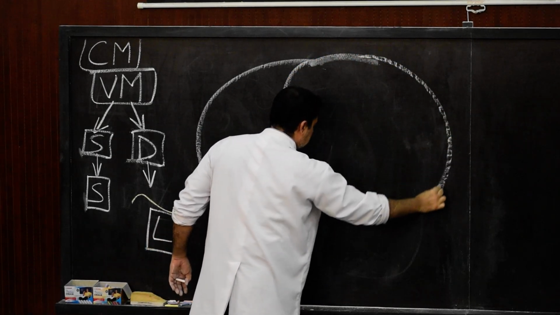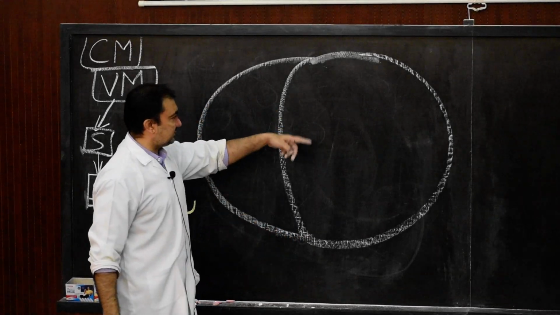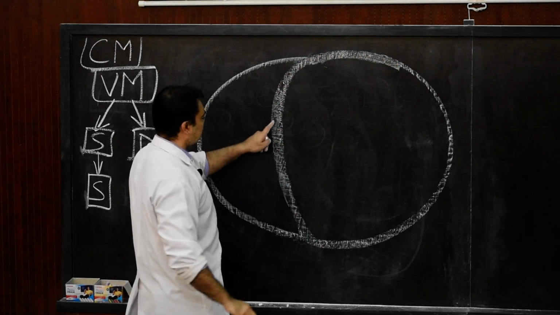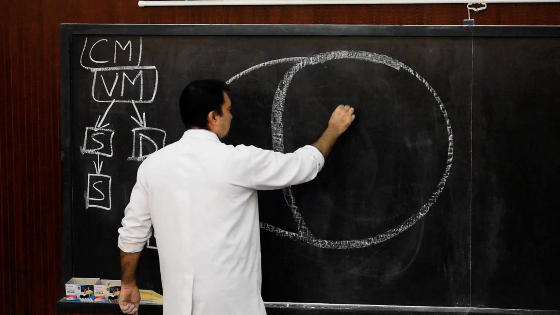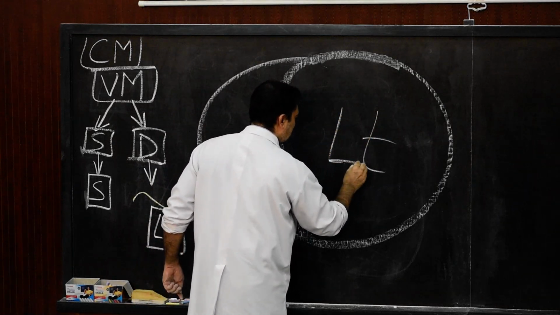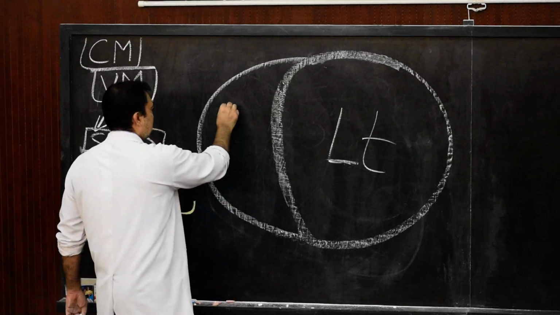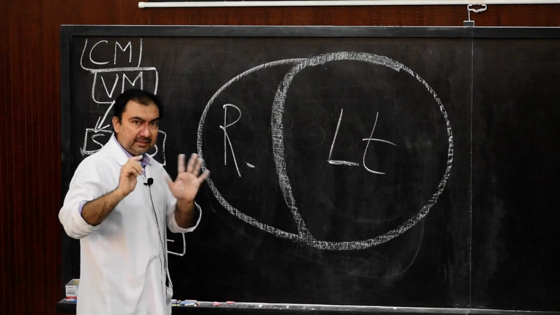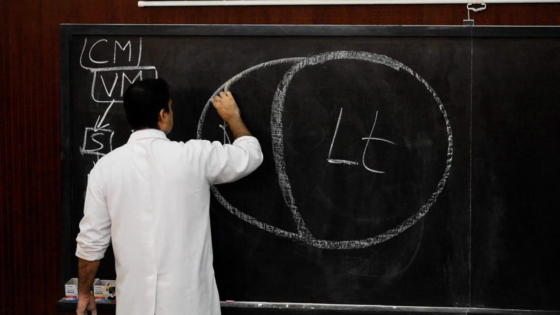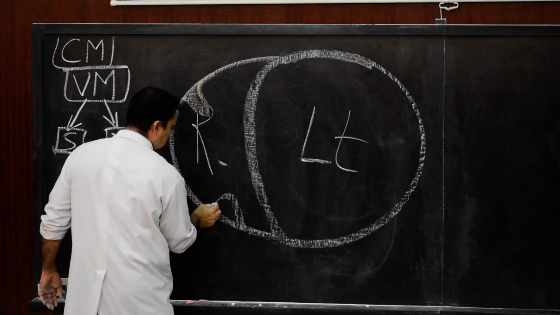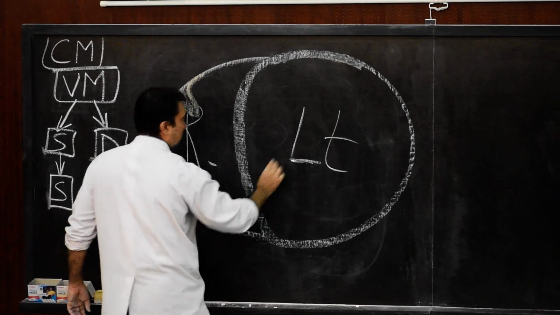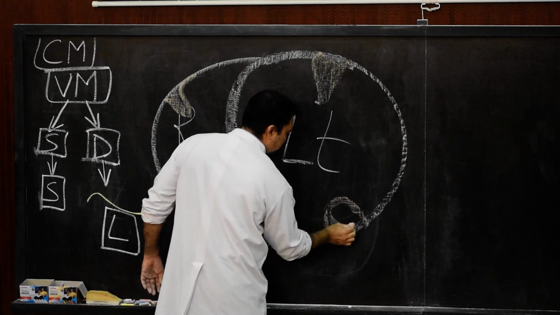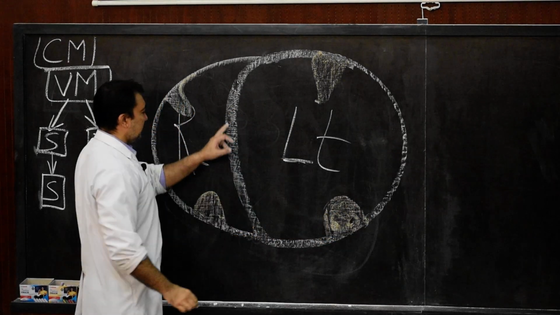If you recollect, this is the cross section of both the ventricles, in which this is the interventricular septum. Over here, this is the lumen of the left ventricle, and this is the lumen of the right ventricle. Now here, we show the papillary group of muscles in both the ventricles, and as we show the papillary muscles, we show the interventricular septum.